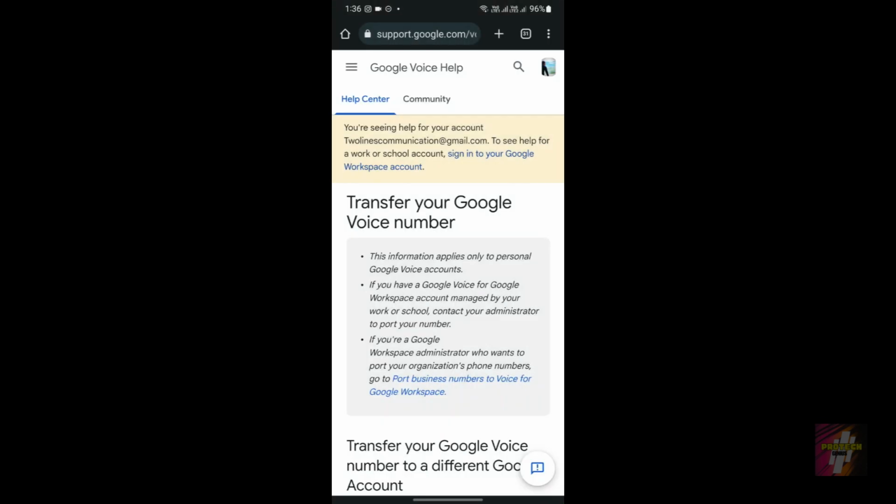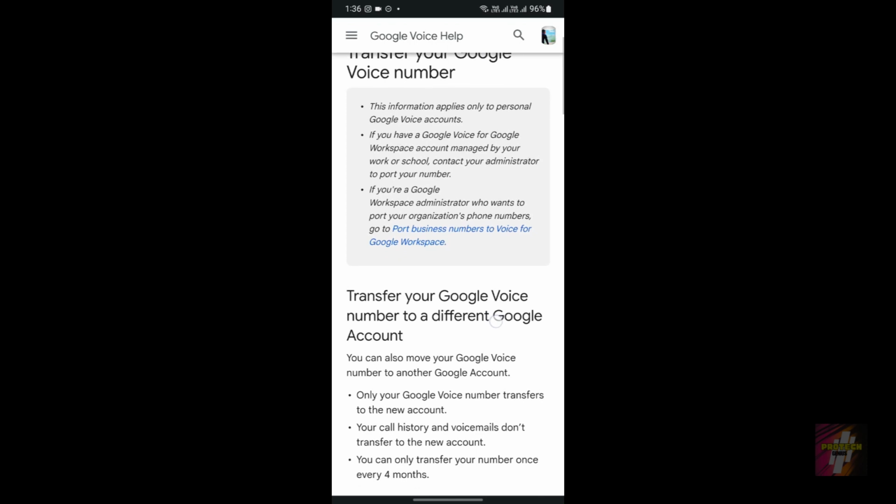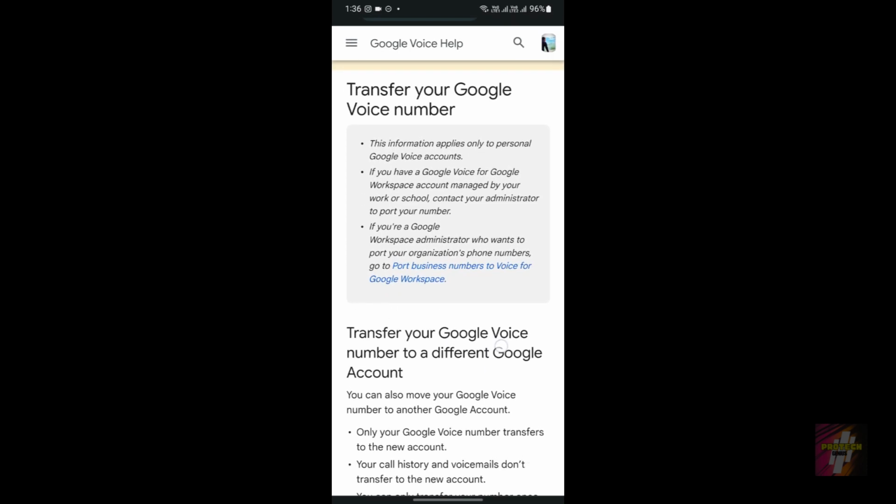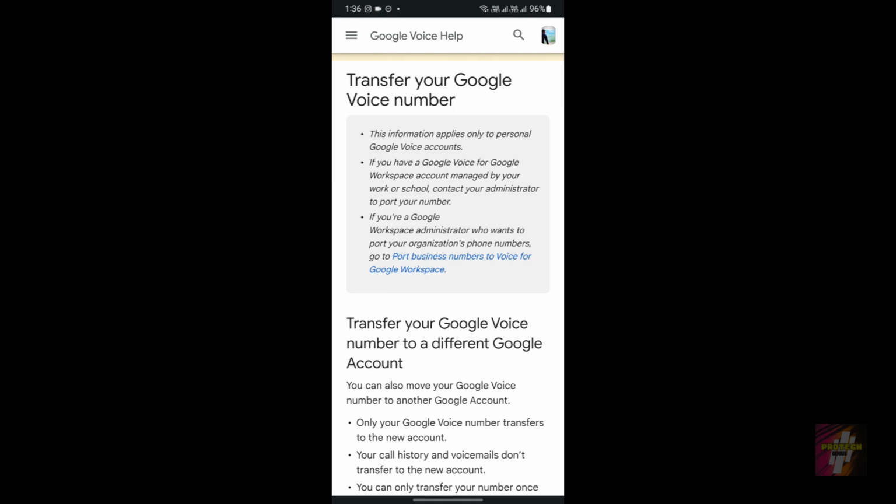Actually there is a Google Voice help page which will help you through the transfer page. I'll leave the help page in the description below, you can go and check it out. So these are the three points which I mentioned, written over here, as you guys can see.